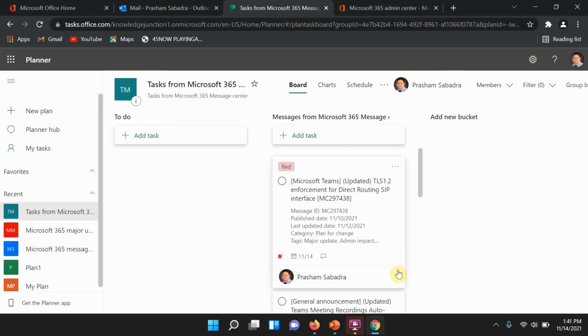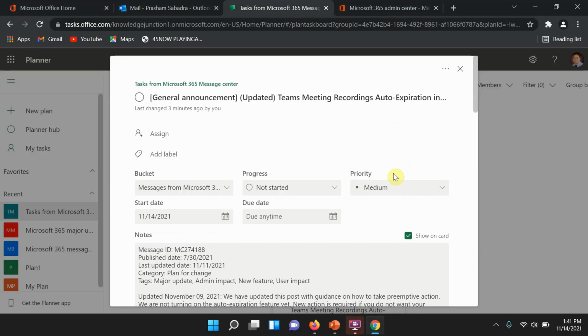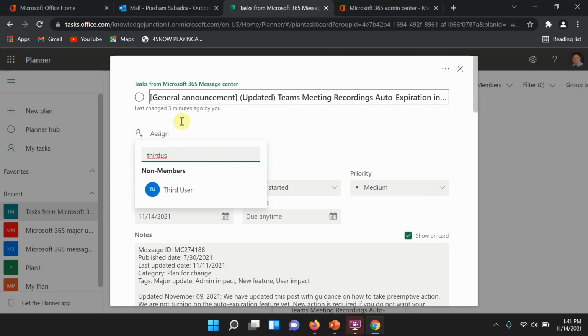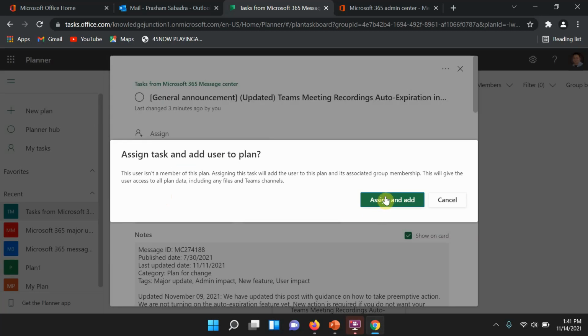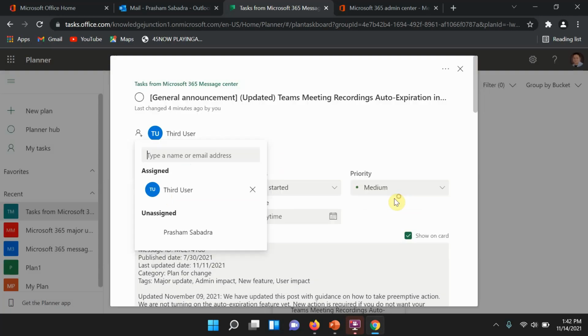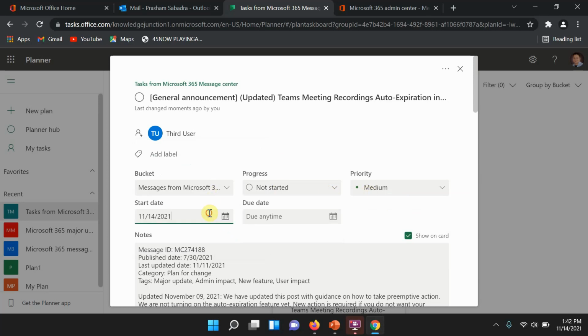Now consider assigning the task to another user. See this, Teams meeting recording auto expiration. There is another user in my tenant, called third user. This user is not currently a member of the planner, so this is the one, assign task and user to plan. Yes, that's assigned. Let's have a deadline, it's a medium.